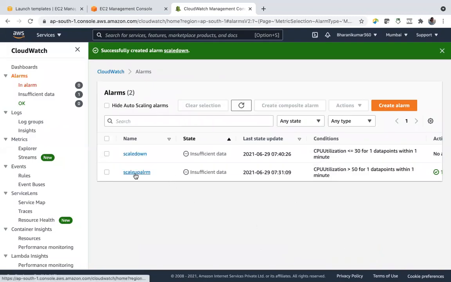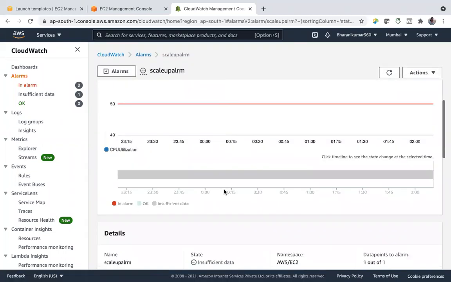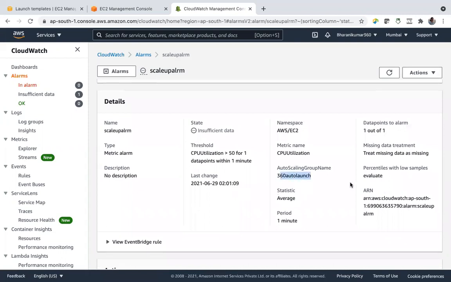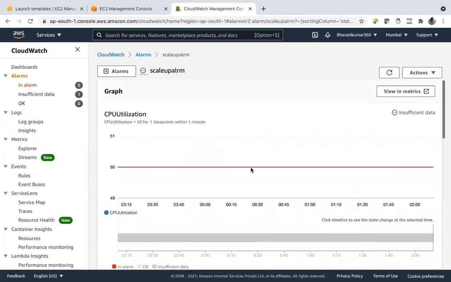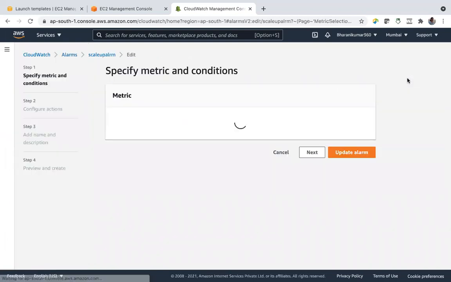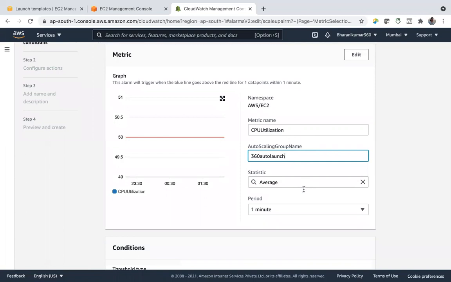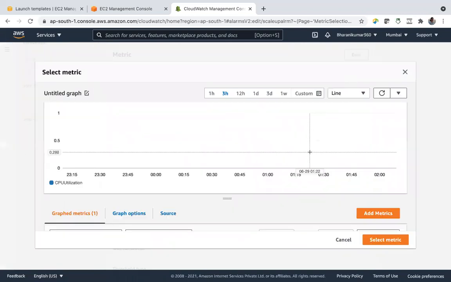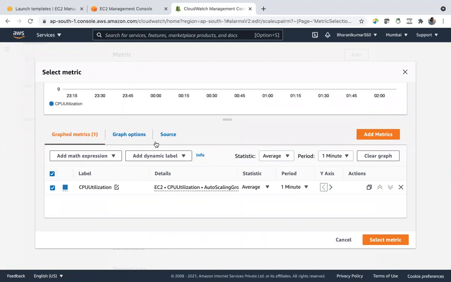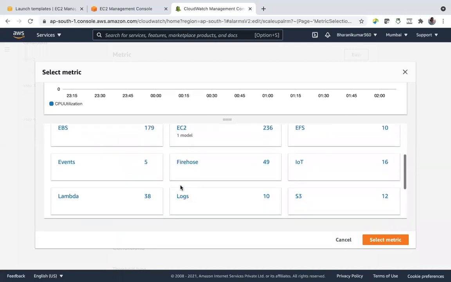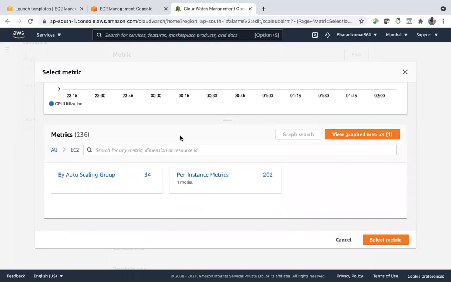And here also in scale up alarm, I have chosen the wrong auto scaling group. The 360 auto launch is not there, I have deleted it. Let us edit it. Okay, let's say add metrics, EC2.